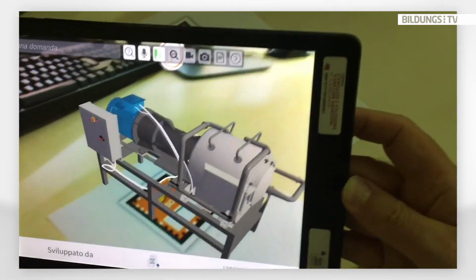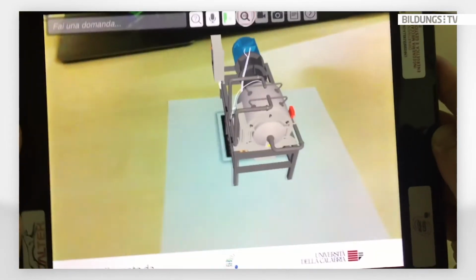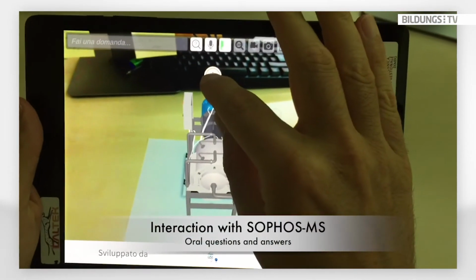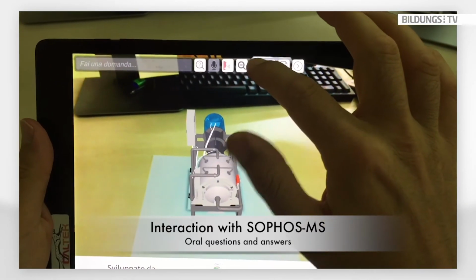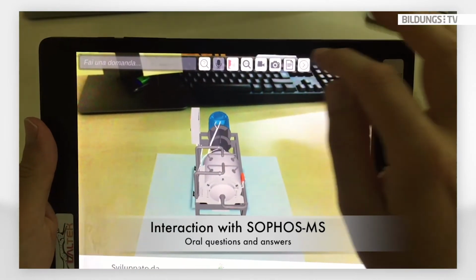You can see that the application is now providing information about how to execute a specific maintenance operation. So you can even access, in the end, I will go a little bit ahead,